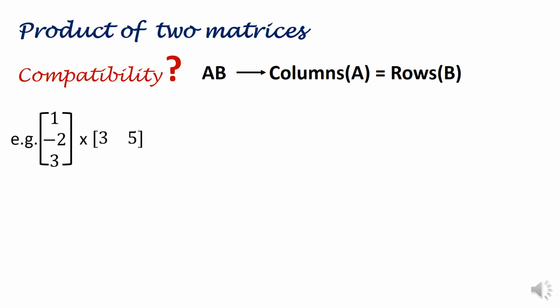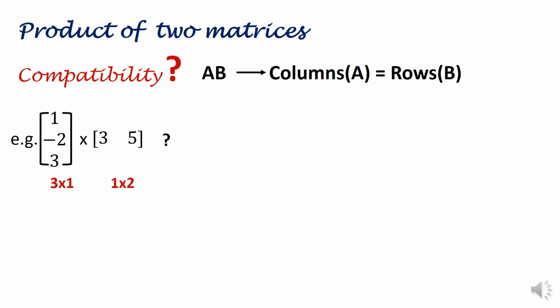Say in the first matrix given here, the first matrix has only one column, so it's a column matrix. The second matrix has one row, so it's a row matrix. Can we multiply them together? To know this, we have to find the orders of the first and the second matrix. The first matrix has 3 rows and 1 column. So its order is 3 by 1. In the second matrix, there is 1 row and 2 columns. Thus its order is 1 by 2.